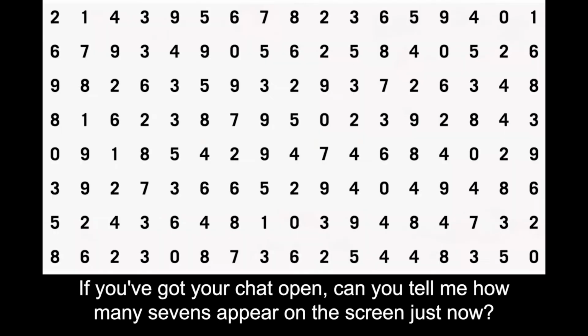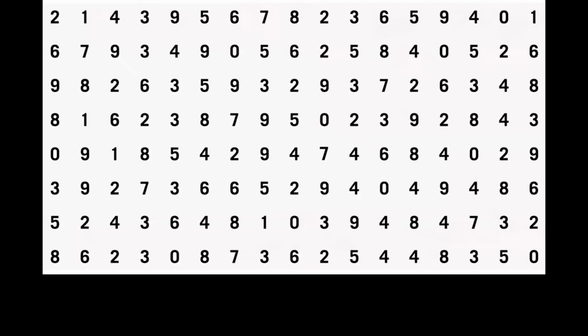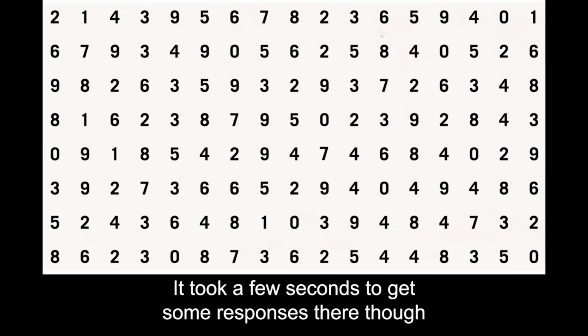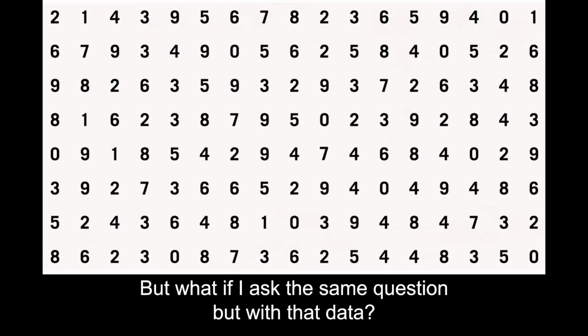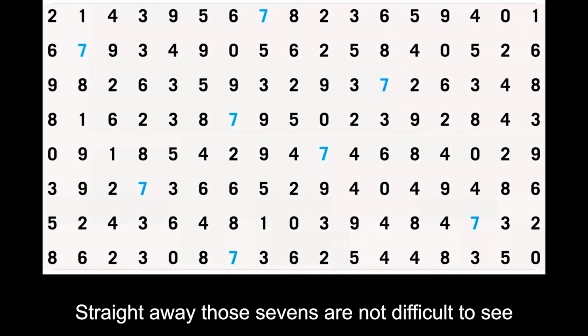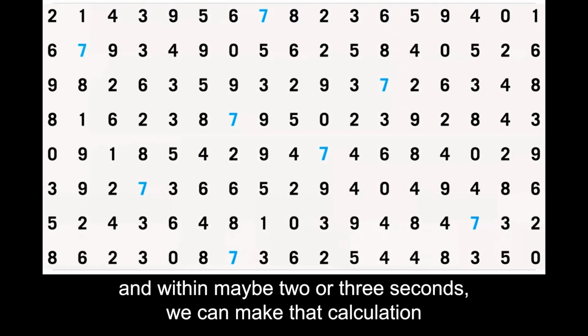Just a quick question here. If you've got your chat open, can you tell me how many 7s appear on the screen just now? Okay, so a few people have come up with a number. It took a few seconds to get some responses there, though. But what if I ask the same question, but with that data? Straight away, those 7s are not difficult to see, and within maybe 2 or 3 seconds,